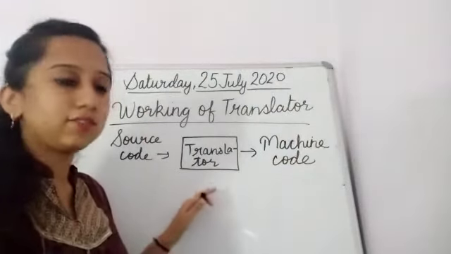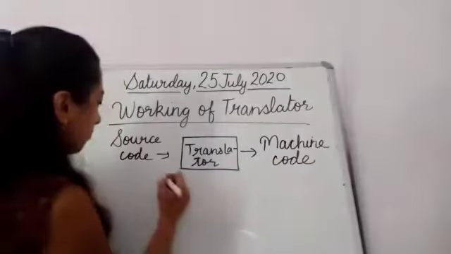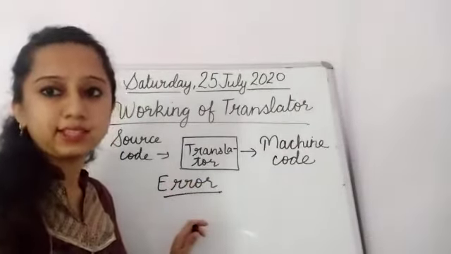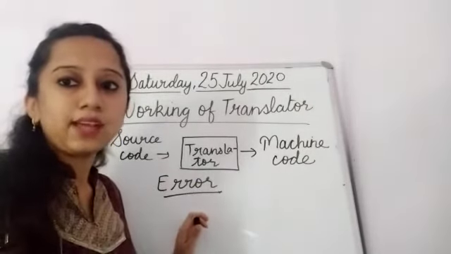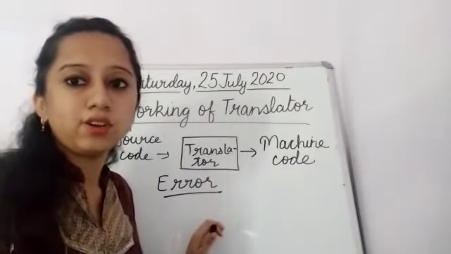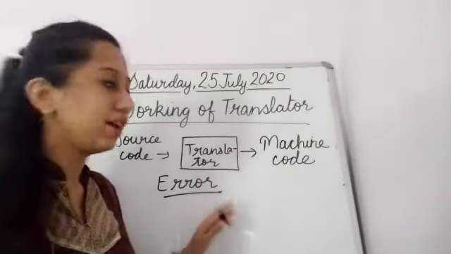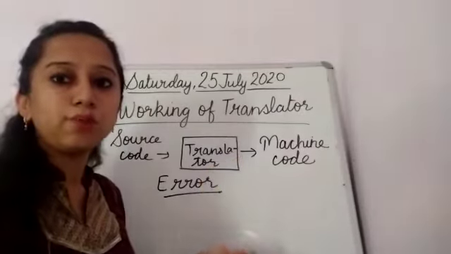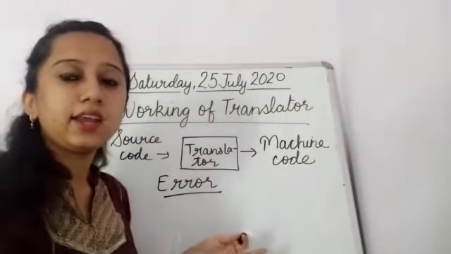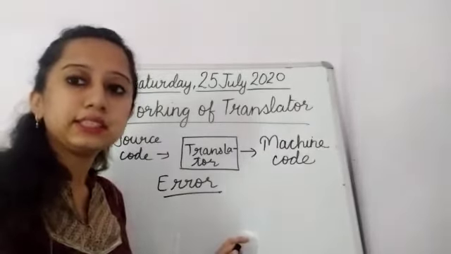How translator works? It reads the program. First it checks the error in the program. What is error? Errors are the mistakes, आपकी गलतियाँ. Sometimes it may happen that while writing the program there may be a chance of error also. कभी कभी गलती हो सकती है. So first translator checks the error. If there is no error, then translator compiles the whole program into machine code. फिर वो उसको पूरा machine code में change कर देता है, and then it is saved in the computer memory, और वो computer की memory में save हो जाता है.